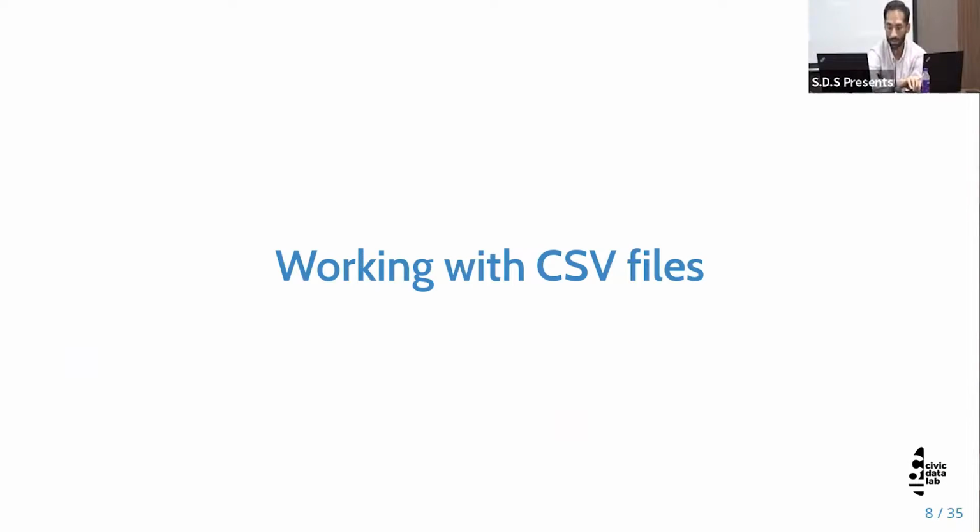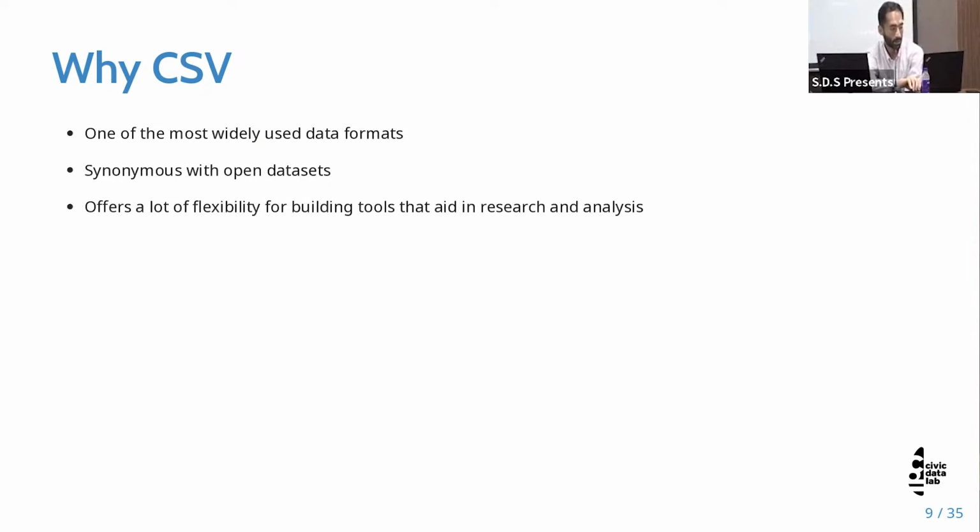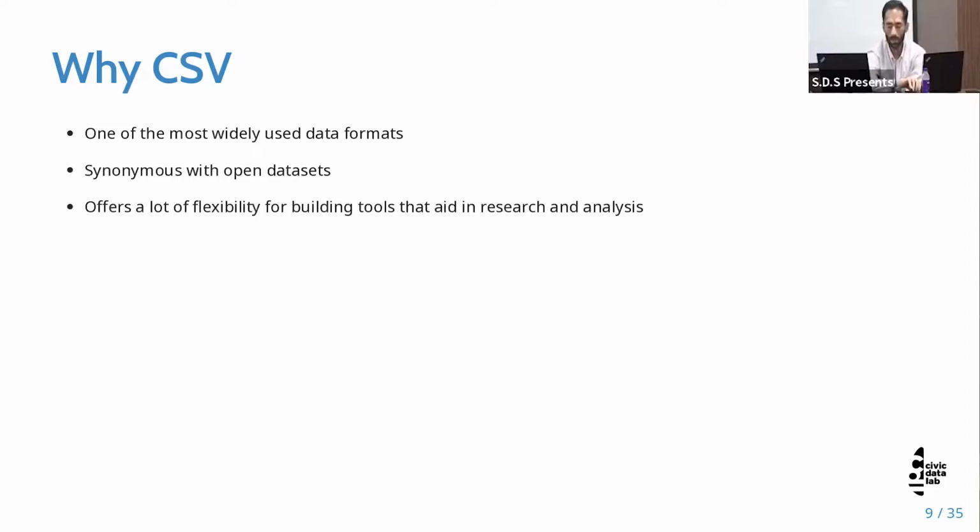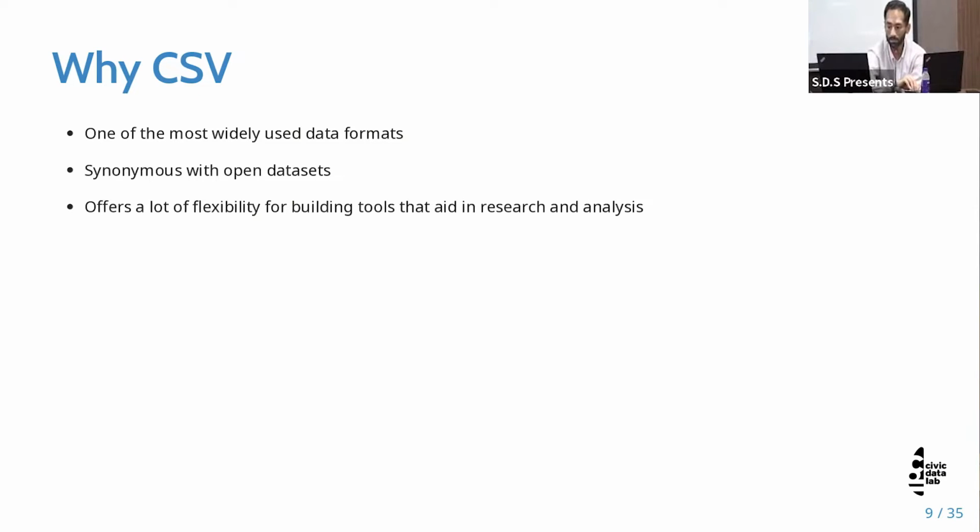Mostly in this talk or in this session, we will mostly be working with structured data. So let's start with CSV files. Now CSV stands for comma separated value, which as we all know is one of the most widely used data formats. When we say machine readable, it means a lot of data should be available across formats, but CSV is one of the most important formats, and we always believe that open data should be available in the CSV format. It offers a lot of flexibility for building tools, for research and analysis,